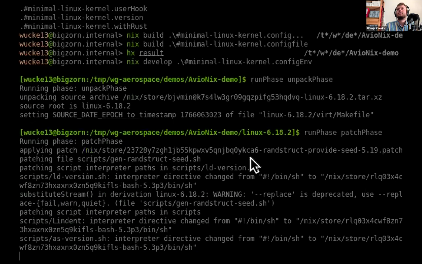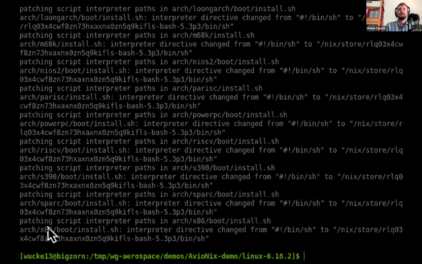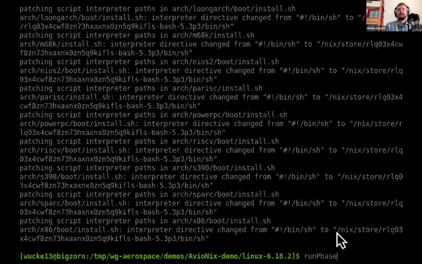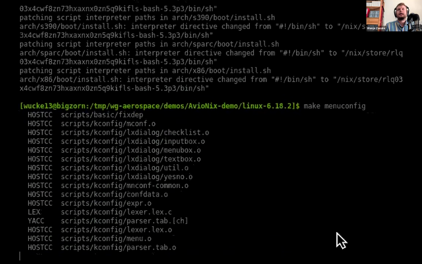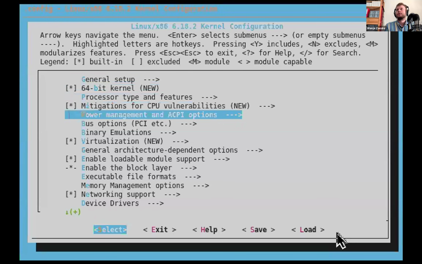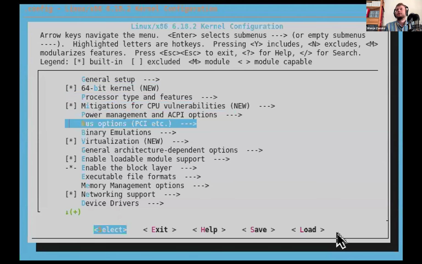which will apply Nix-specific patches to the software. For the most part, what we can see here is that it rewrites the paths for shell script interpreter lines, so the shebangs, to a path that properly works in Nix. So it, for example, rewrites the #!/bin/bash to the absolute store path where we have the Bash shell that is to be used in this build. Then we can run menuconfig, for example. So if I now run make menuconfig, then I'll be presented with the menuconfig environment where I can configure the kernel, and where I can also explore different options for configuring this.